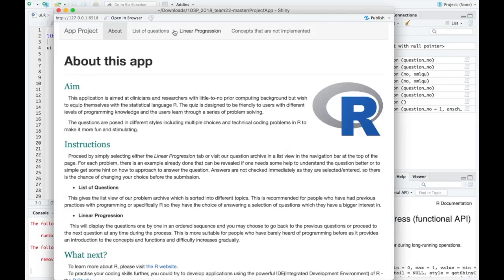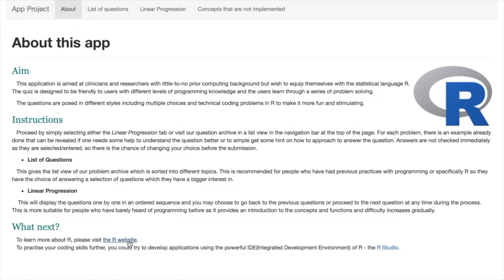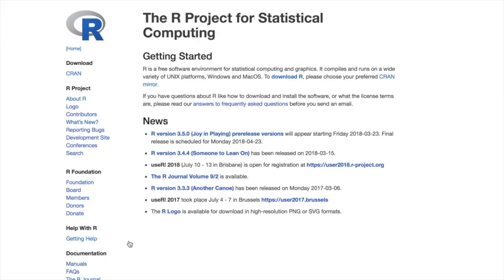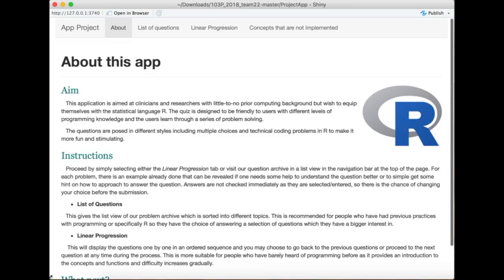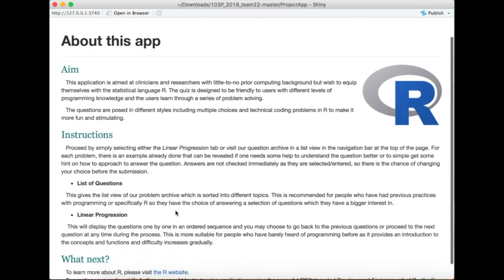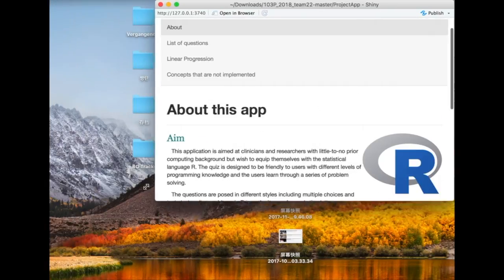Once the app is first opened, the user is shown an About page. It explains the purpose of the app, instructions on how to use it, as well as hyperlinks to further resources that the user may access. The About page was written using CSS elements to style the Markdown file. The app makes use of the Fluid UI Fluid page in R Shiny, and so it will